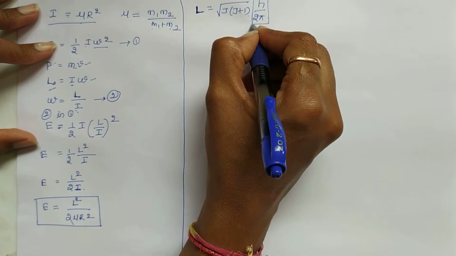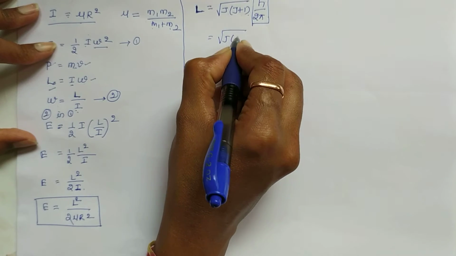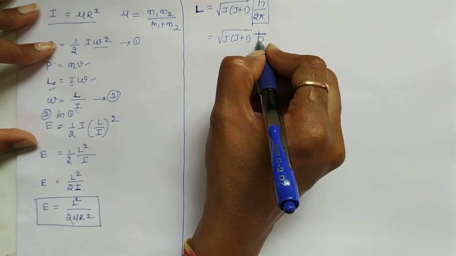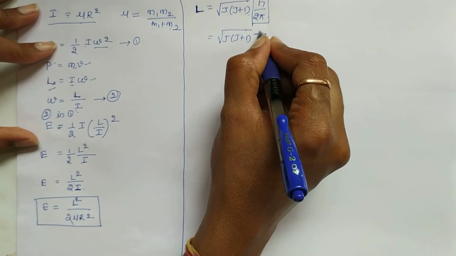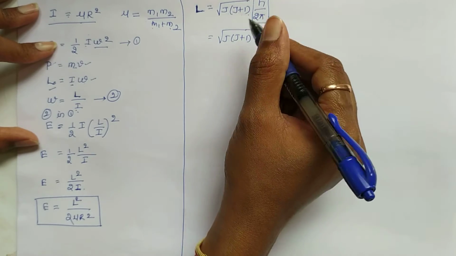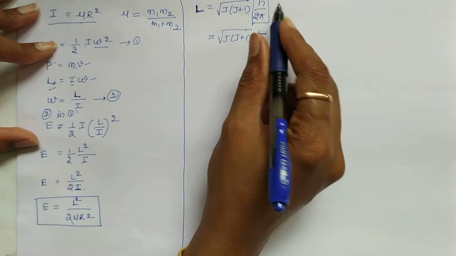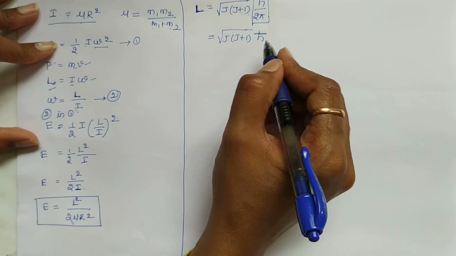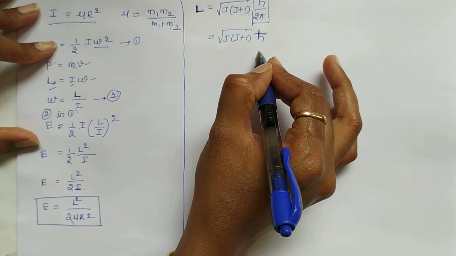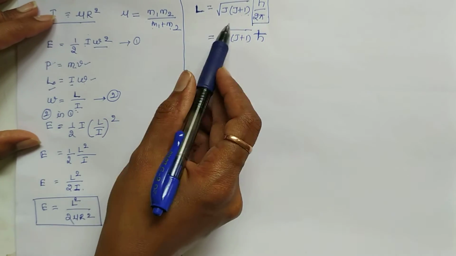This H by 2 pi is simply written as H cross, a cross over the head of this H. So H cross means H by 2 pi. In higher studies, they are not going to write H by 2 pi; in place of it, they simply use H cross. So you need to know that H cross means H divided by 2 pi. So this is the quantum mechanical solution.